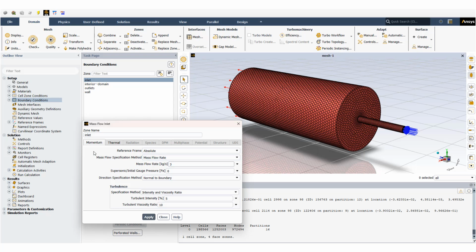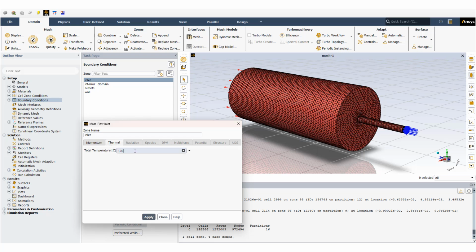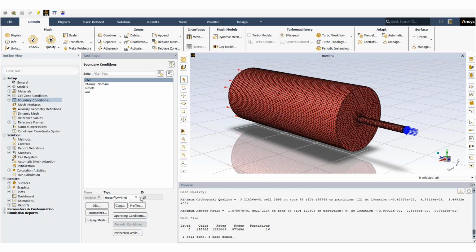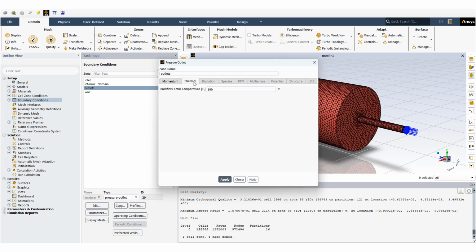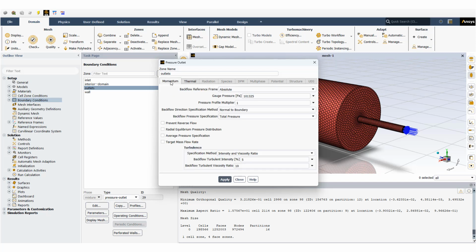30 kilogram per second as before. Okay, 80 degrees for the total temperature. For the outlet, pressure outlet, again I use gauge pressure 101 kilopascal, and backflow total temperature of 80 as before. Apply,